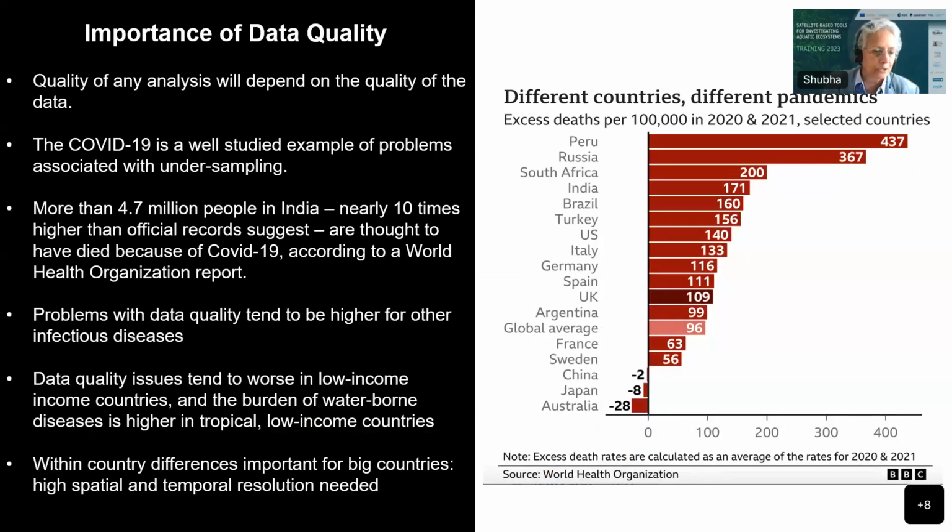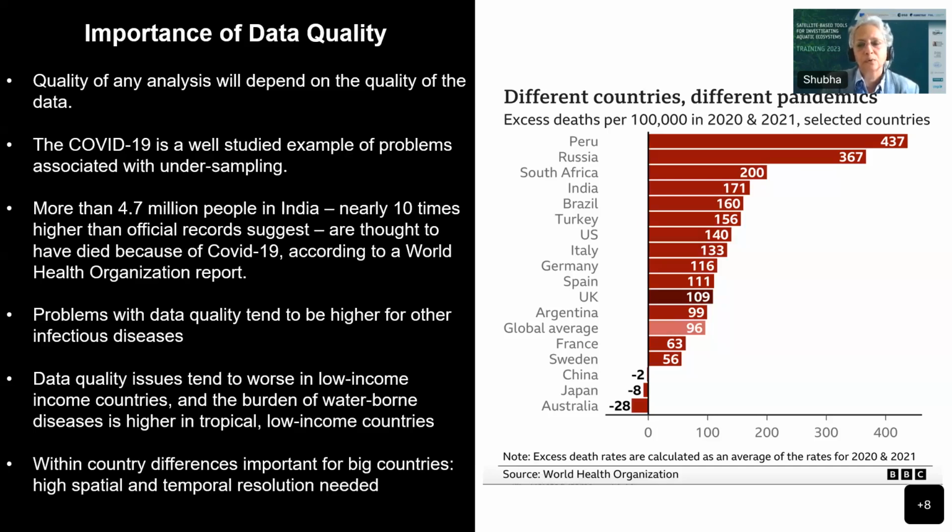And I want to now begin to conclude by mentioning the importance of data quality. Whatever analysis we might do will depend on the quality of the data. Now, satellite data are becoming increasingly readily available, freely and instantaneously, in a timely manner. But it is extremely difficult to get some types of disease data for completing the analysis.